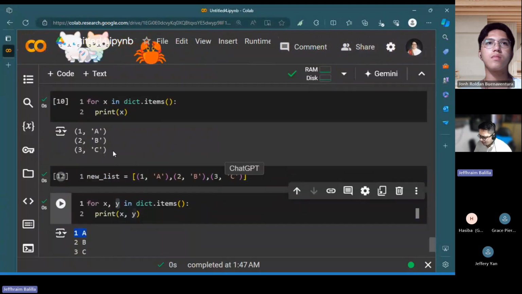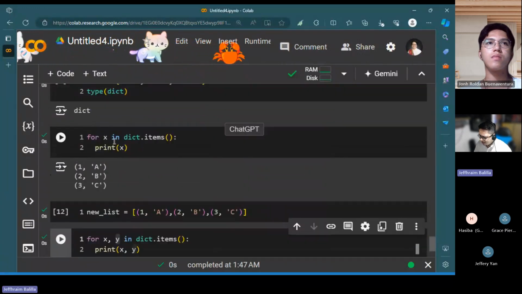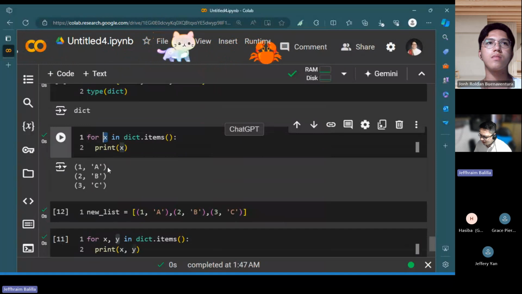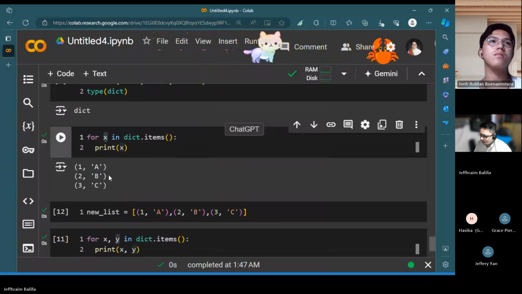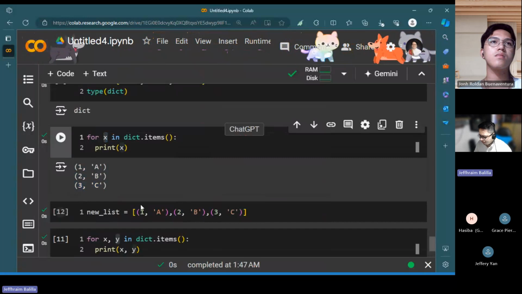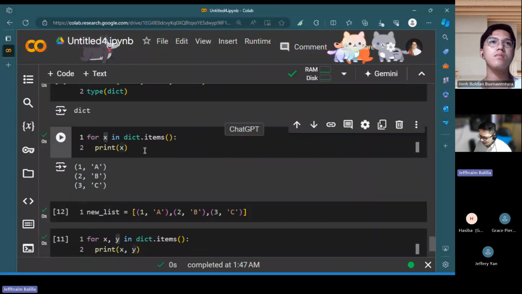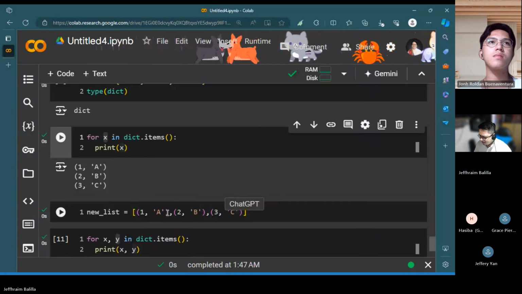However, here we are specifically saying that you group them as a single object. So this is considered as a single object, a tuple, another tuple, and another tuple. So for me, if you're working with a dictionary and you want to iterate through it, this is way better, right?